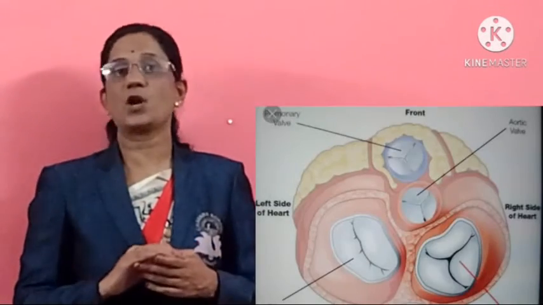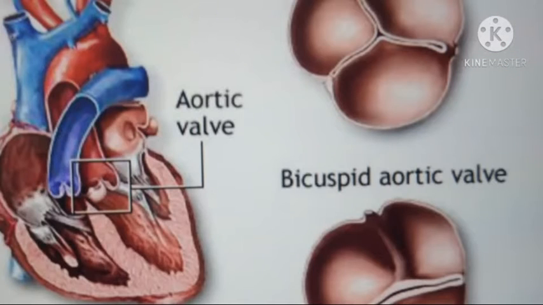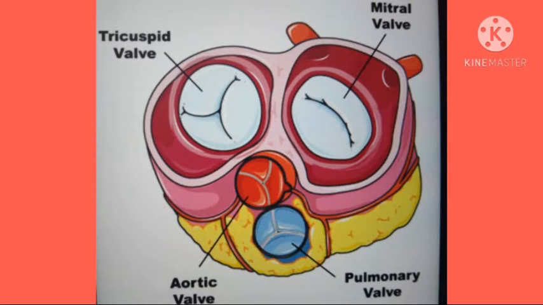The right auricle is always open to the right ventricle and it is guarded by the valve called the tricuspid valve. And the left auricle also gives blood to the left ventricle. It is also guarded by a valve called the bicuspid valve. The blood flows from the right ventricle to the pulmonary artery and from the left ventricle into the aorta, the largest artery. The flow of blood from the ventricles into these two arteries is also guarded by valves called semilunar valves.